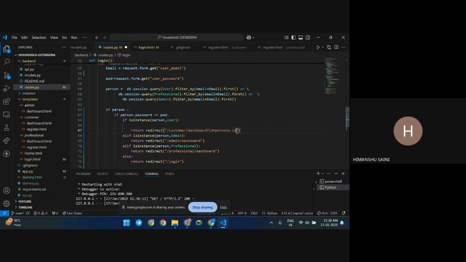I'm just using a Python f-string, and person.id. So this route will be created as customer/dashboard?id=whatever the person id is, say 1234. It could be anything. And I also want to send which class it belongs to, so I'll send type equal to